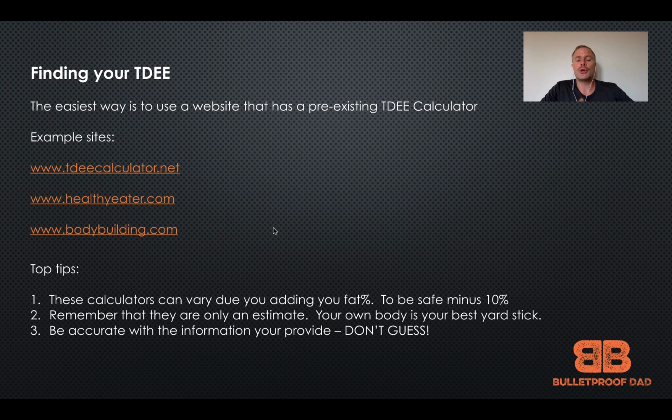So make sure that you take your stats down, you do your measurements, you do your photos, because then you will start to see the changes that your regular dietary plan is having on your body composition, dependent on what your goal is. And also, don't forget to use things like the way that you're feeling, the way that your clothes fit as well. These are all really good indicators of whether you're progressing along the lines that you want to, or whether we need to make modifications. And be accurate with the information that you provide. Don't guess. Try and be as accurate as you can.